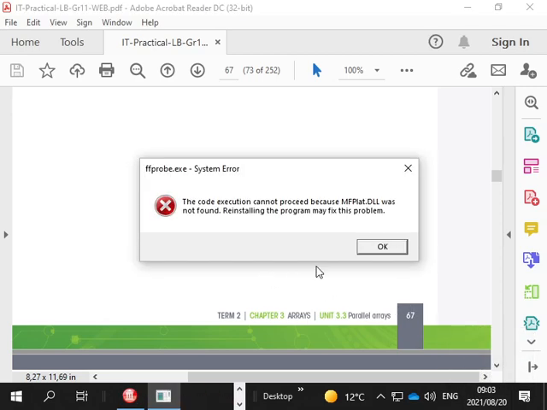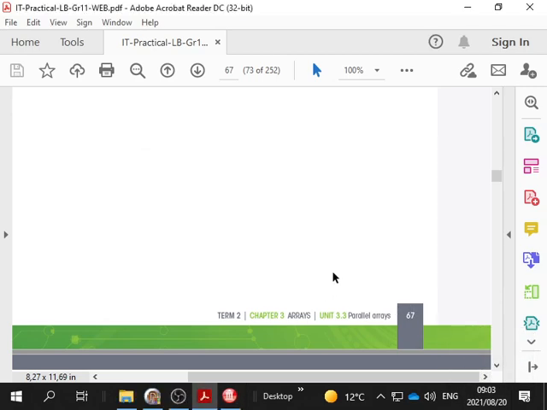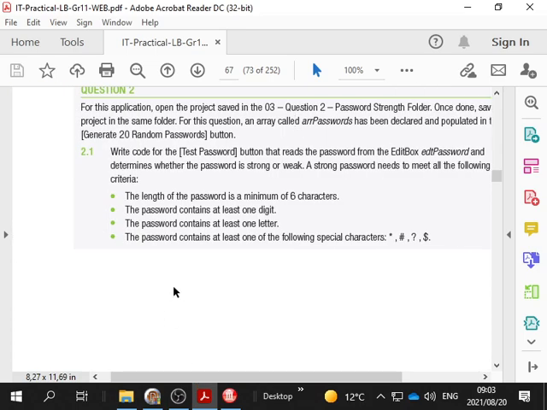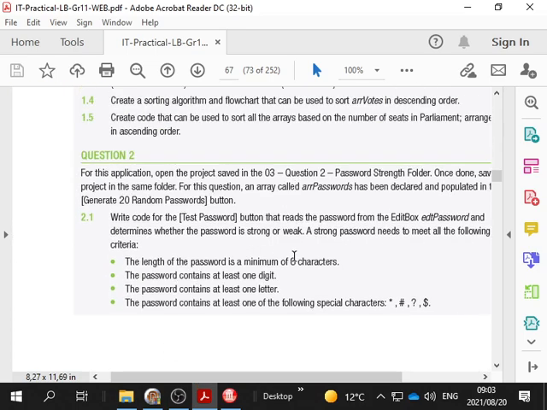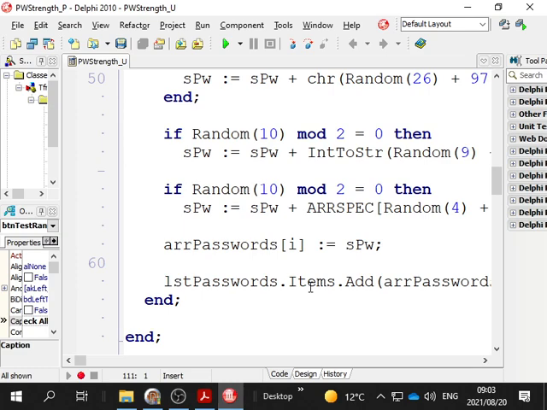Right, 20th of August, page 67. We have this program we have to finish. What we've done so far,